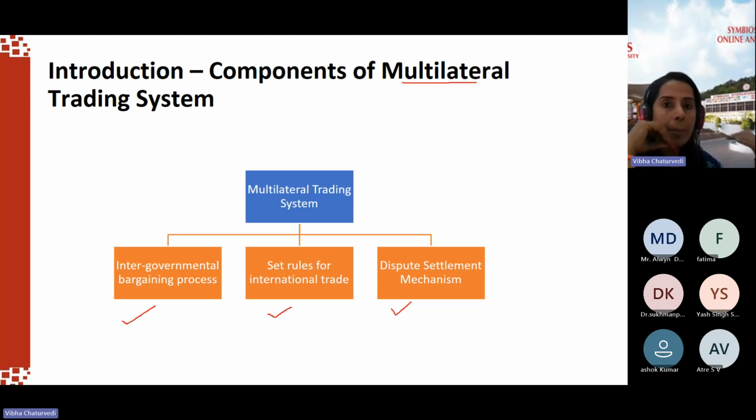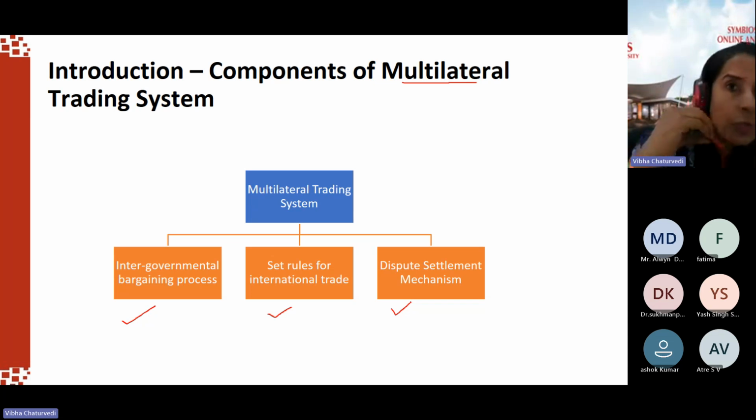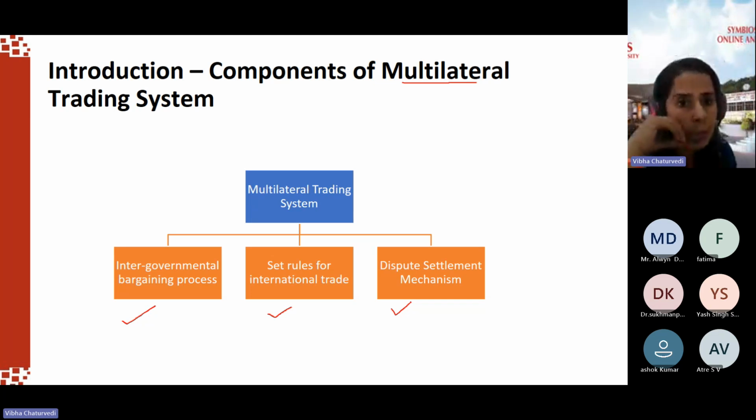realized that GATT had become redundant, and so it was replaced by an organization which was called the World Trade Organization, which was signed by, I think, 119 countries at that point in time. India also became a signatory to the WTO in January 1995, and to comply with its